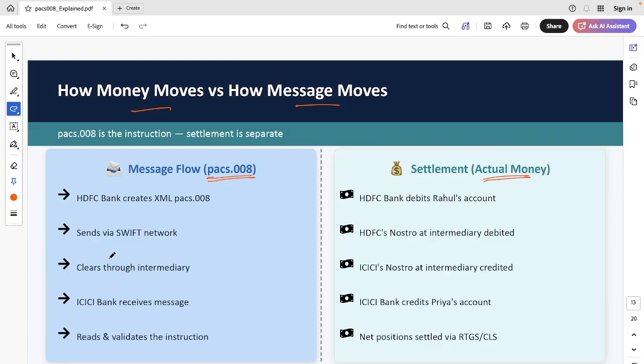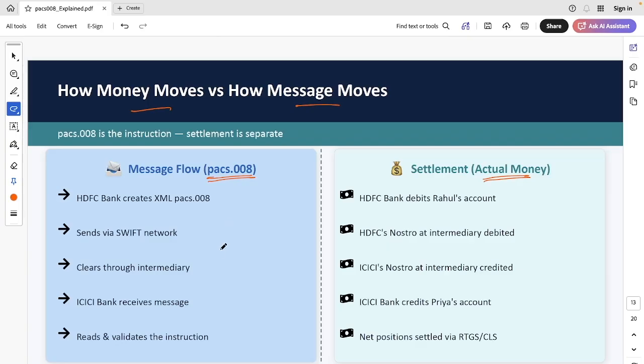In payments, messages move through SWIFT or a clearing network, but the actual money settlement may happen through your RTGS accounts, central bank money, nostro accounts, correspondent banking accounts, or deferred net settlement. In some systems, messages and settlements are almost real time, whereas in some systems, settlement may happen later in a batch. So this concept is very important